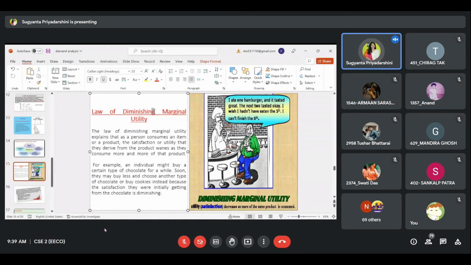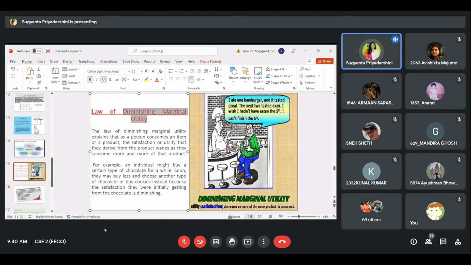But first you tell me, what do you understand by diminishing? According to a layman, diminishing means reducing. Perfect, decreasing or reducing. What is this marginal? Very low. But here in economics, marginal means one more, an extra, an additional unit. Remember it. Marginal means one extra, an additional. And what is this utility? Utility is the satisfaction in economics. So what do you understand? Diminishing means reducing, marginal means one extra, utility means satisfaction. That means